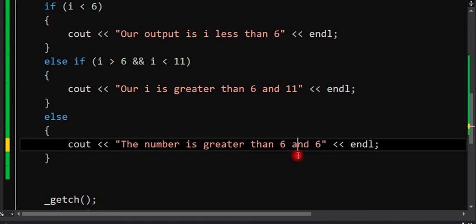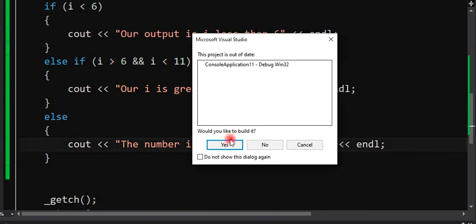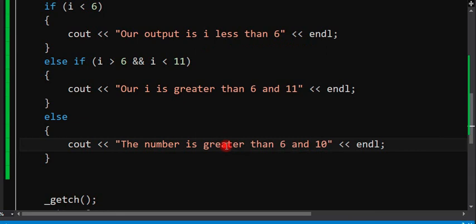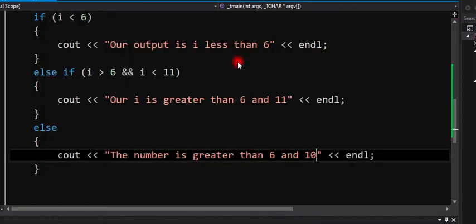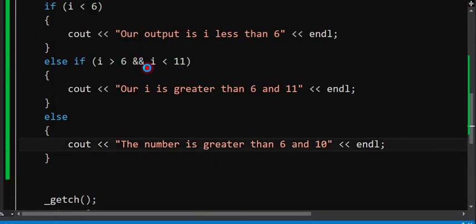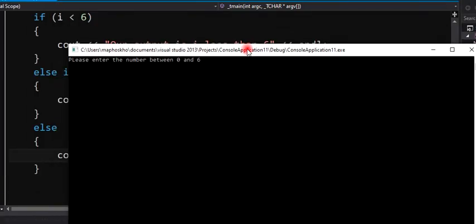This is just a tutorial, guys, for you to understand. So it's our 11. So the number is greater than 6 and 10. So let's just quickly pick any random number that is between